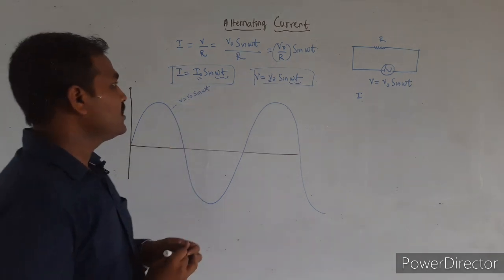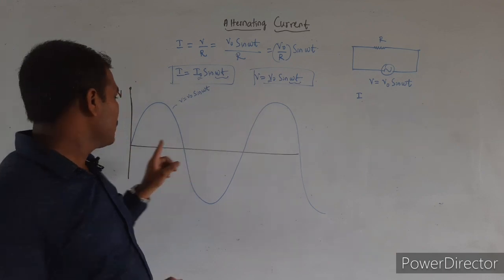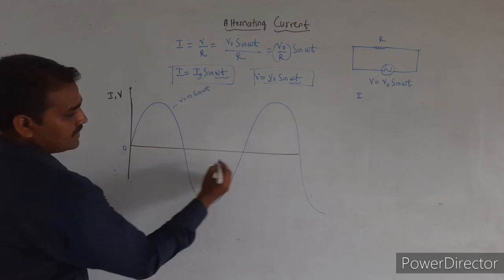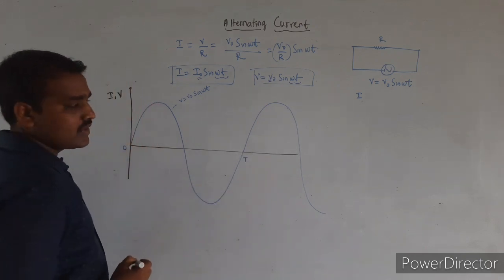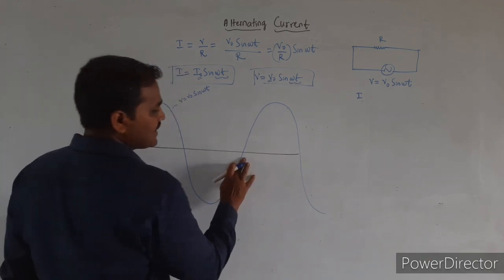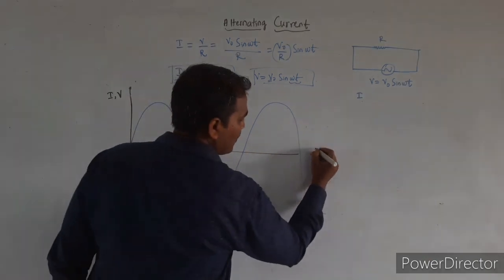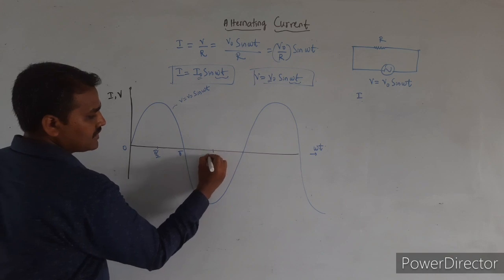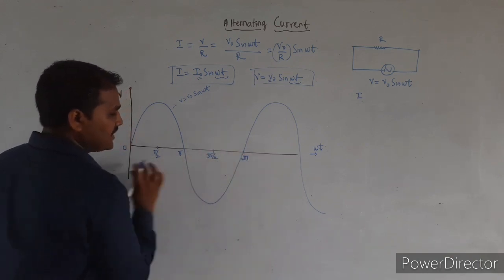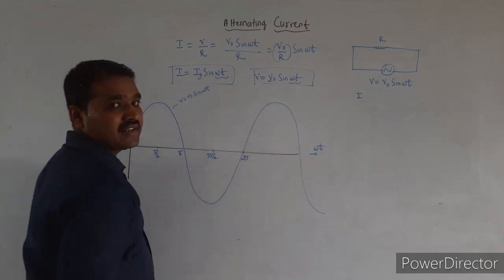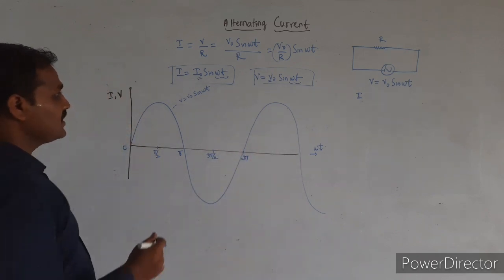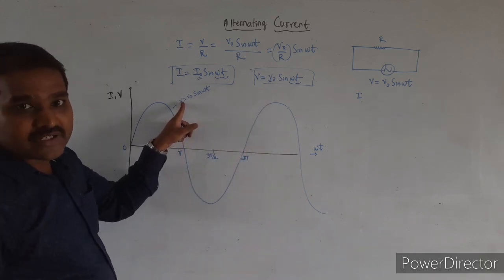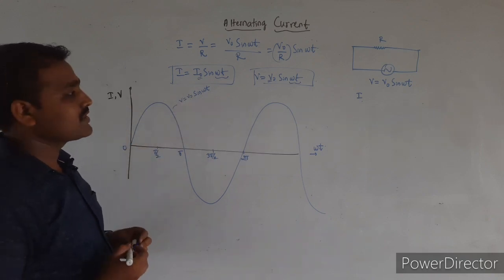So we have seen both these are in phase with each other. When I start from 0 time, this is time 0. Here this is one time period, capital T. Or we can say, if I consider the phase angle, that is omega t, here it is pi by 2, this is pi, this is 3 pi by 2 and this is 2 pi. This is one complete cycle. Next the cycle again repeats. These are periodic functions. So this blue color graph indicates the variation of voltage with respect to time. V is equal to V naught sin omega t.